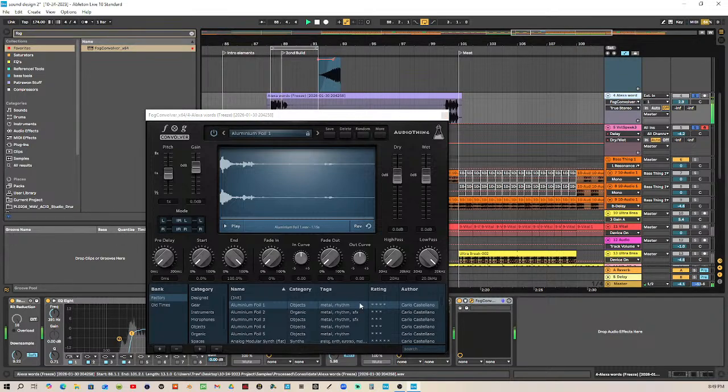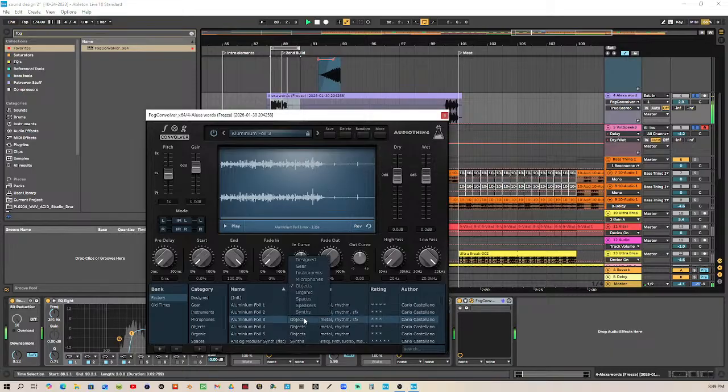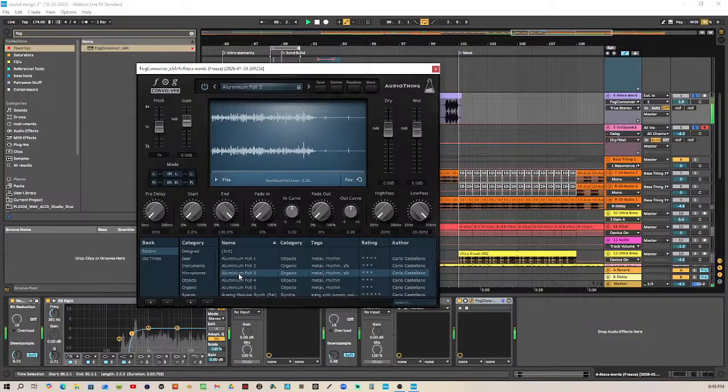Would you like me to change the drums for you? Would you like me to change the drums for you? Would you like me to change the drums for you? Would you like me to change the drums for you? Would you like me to change the drums for you? Would you like me to change the drums for you? Would you like me to change the drums for you? Would you like me to change the drums for you? Would you like me to change the drums for you?